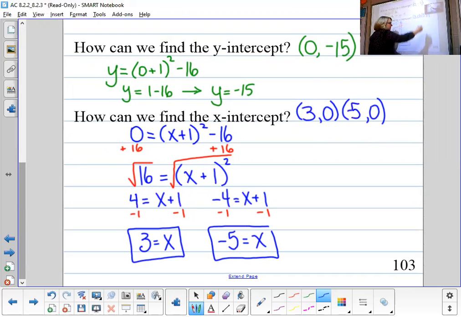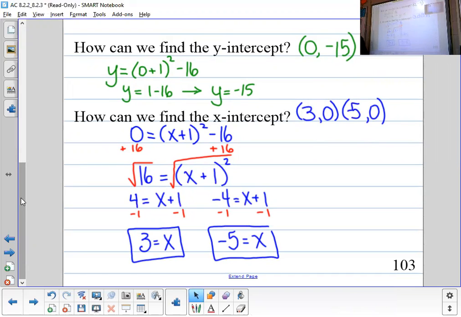So finding your x-intercepts from vertex form is a little bit different, because I can do my undoing to solve kind of strategy rather than having to factor it and do the zero product